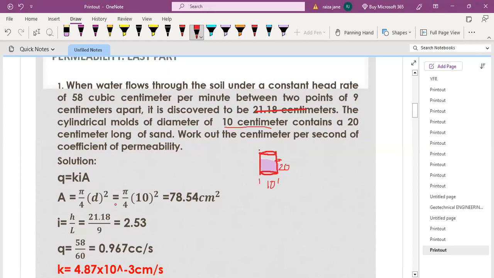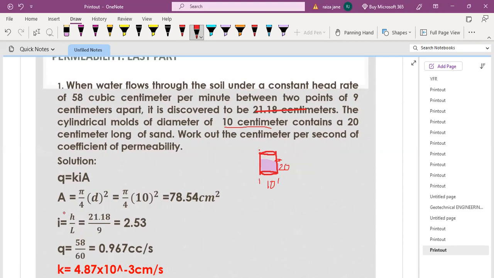First thing to do, we calculate the area, pi over 4 times the diameter squared, and substitute the value of diameter, which will be 10 centimeter, and we can get 78.54 centimeter squared. Next, compute the